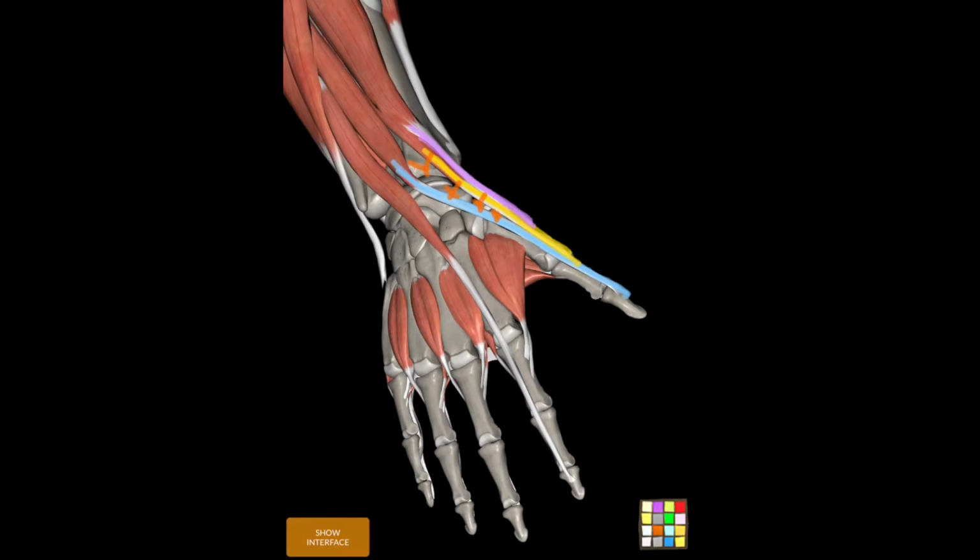The contents of the anatomical snuff box are the radial artery. This moves from its relatively anterior position on the lateral or radial wrist to a posterior position. It crosses underneath the tendons, crosses the floor, escapes the anatomical snuff box, and then pierces between the two heads of the first dorsal interosseous muscle. So the radial artery, it is palpable in the anatomical snuff box also, but certainly not as readily as it